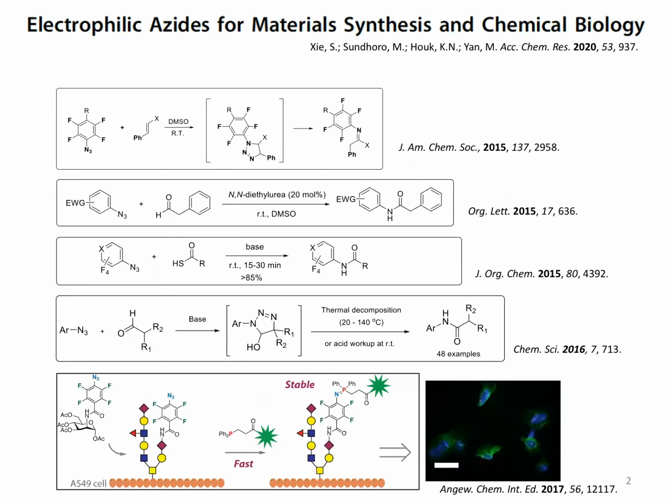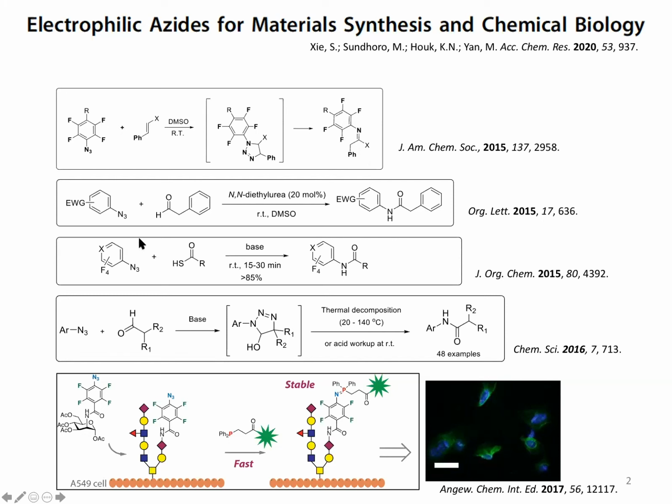In terms of the electrophilicity of the azides, we have summarized our work in this recent Accounts of Chemical Research article. You can see this type of fluorinated aryl azide can undergo a variety of reactions with nucleophiles and dipolarophiles. Most of the time, we actually don't use metal catalysts, and some reactions occur at room temperature without any catalysts. For example, the first reaction here with enamine gives the amidine at room temperature in very high yield, and without the fluorine, you get the triazoline. So it's a different reaction pathway.